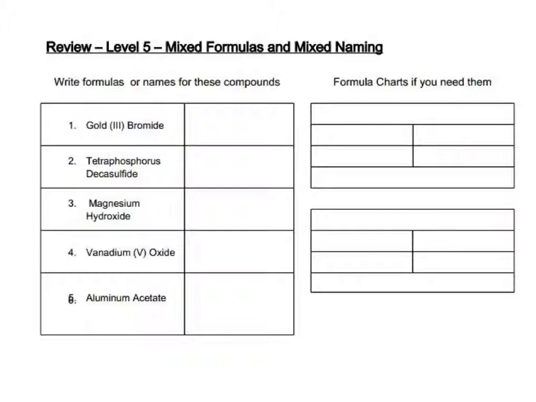When you look at number 1, you see that it says gold 3 bromide. You know that on page 16 of your notebook you have a reference sheet and you can find the symbols and charges of gold 3 and bromide. You can use a formula chart for this, so we'll go ahead and write it over here on the right hand side. You've got Au, the charge is +3. You know bromide is Br, the charge is -1. You're going to cross the 3 over to Br. The formula would be AuBr3. So then you write that